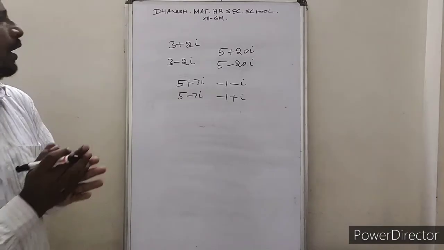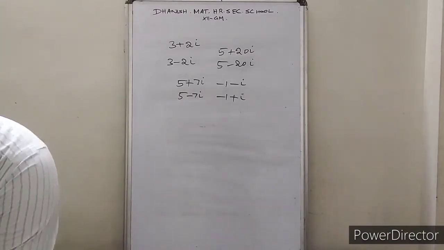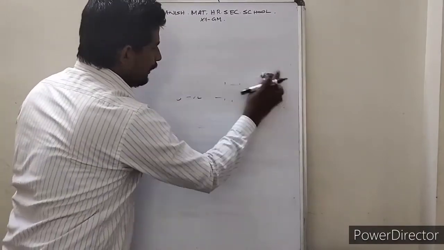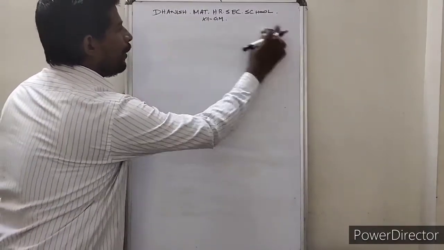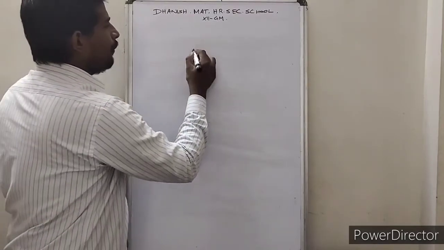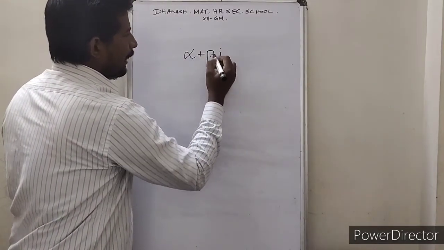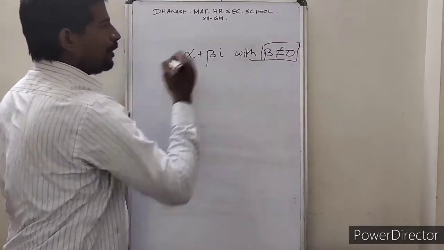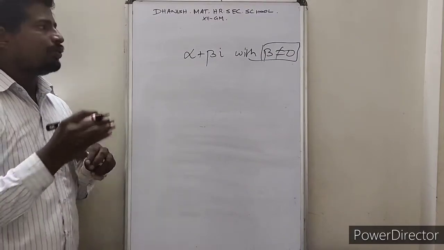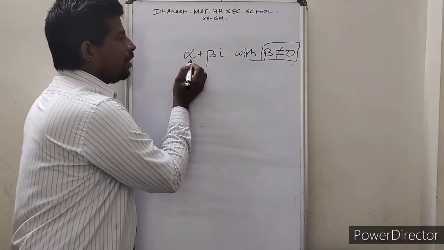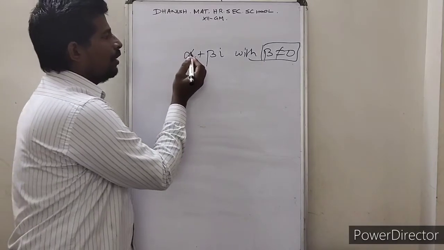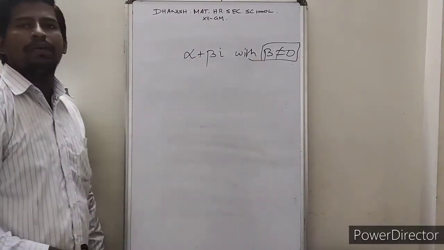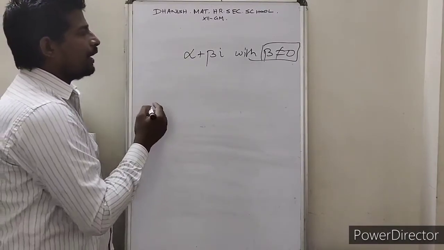This theorem is only applicable when the complex number is of the form alpha plus beta i, where beta is not equal to 0. This is a very important one. Suppose if I have